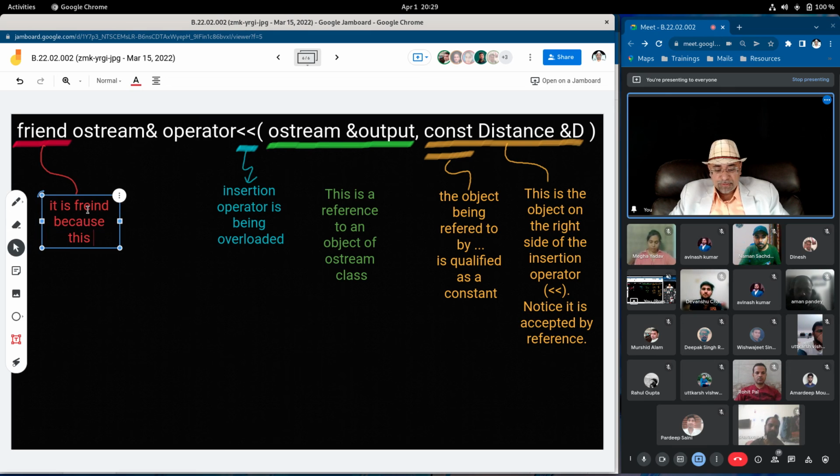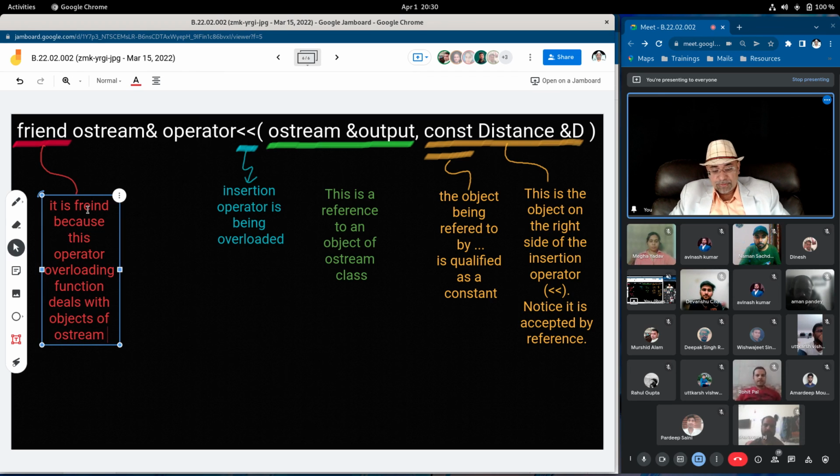Because this operator overloading function deals with objects of OStream class and distance class.